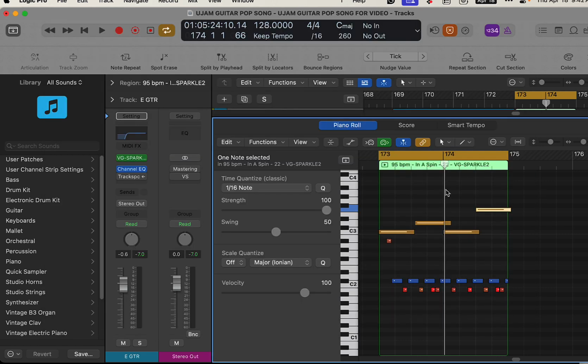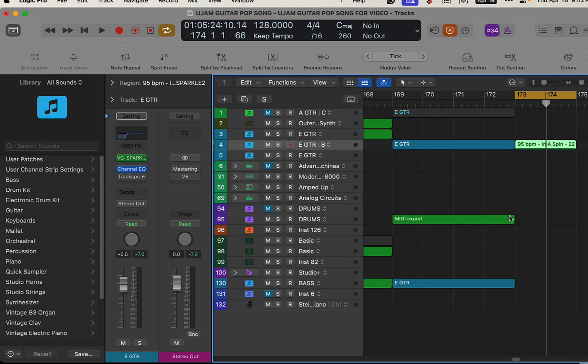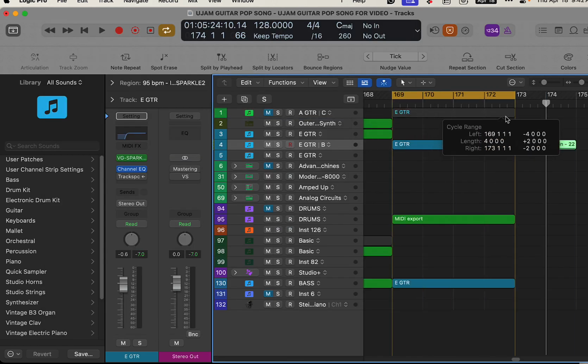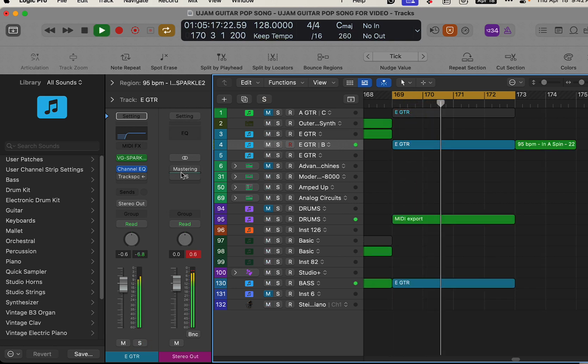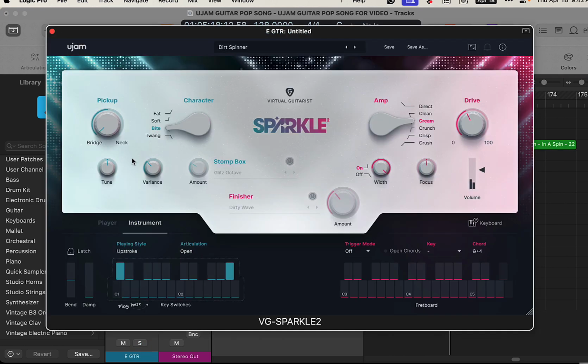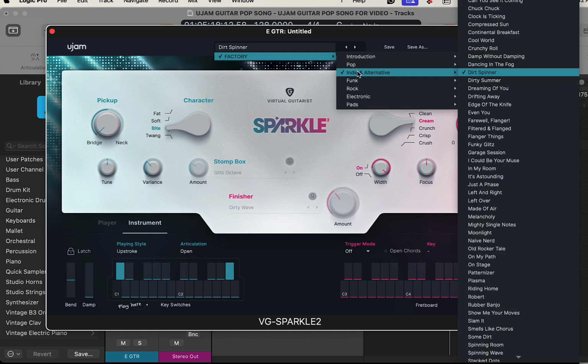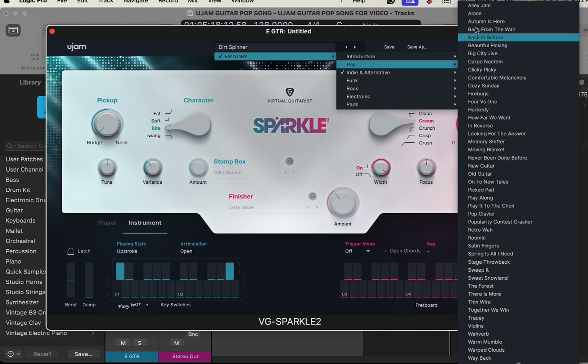And again, we can double these with other guitars. And let's go back to this original groove I created. Explore some different sounds. They have lots of crazy sounds on here. Most of them are like effecty. There's a lot of effects on them. So